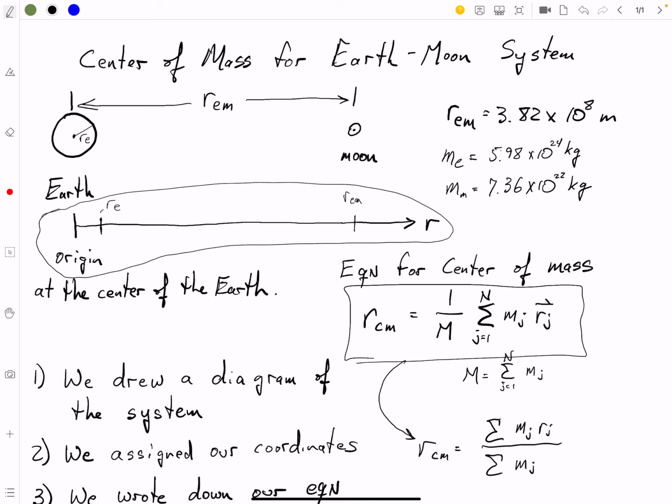So the equation for the center of mass, we did this in class. I'm not happy with how we derived it, but at any rate, we did derive it. And so we've got the radius of the center of mass. We've got 1 over the total mass of the system. Okay, so I wrote a big M here. And in fact, this big M,